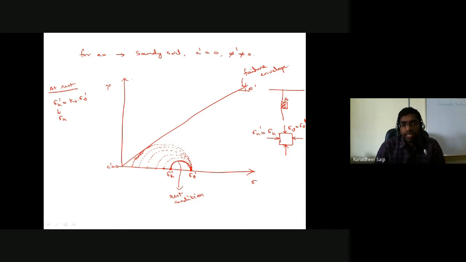What does it indicate? Can I have a further displacement in the retaining wall indicating the soil to be still safe and stable? No. Why? Because the Mohr circle that you have plotted for that corresponding state of stress acting on the soil element, in the vertical direction the vertical stress is sigma v dash, and the corresponding horizontal stress existing on the soil element is now what I'll be writing as sigma h dash, in fact, which is to be represented as sigma a dash.